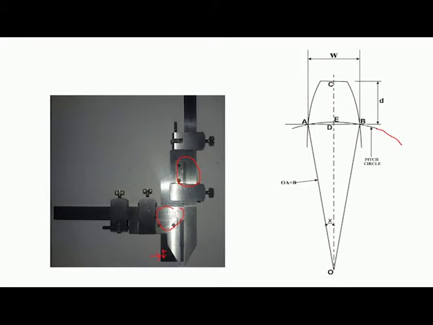Then C to D, this is the point D, C to D is the depth, and A to B is the chordal thickness, which is termed as W. So, we should calculate the value of D, and then we should move the tongue to fix it, and then we can measure the value of W, that is the chordal thickness.